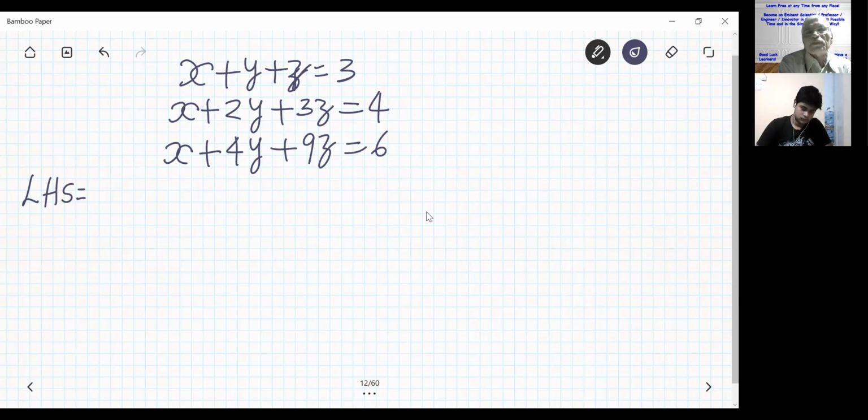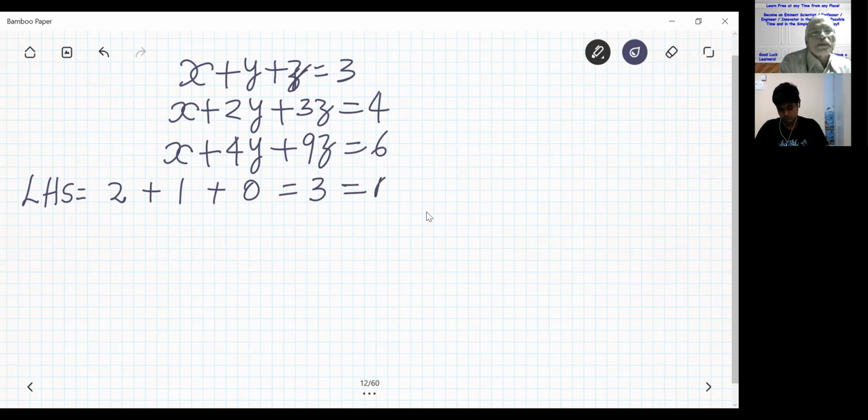So x plus y plus z is equal to 3. X we found it is 2, plus y is 1, plus z is 0, which is coming 3. So that is equal to the right hand side of the first equation. So it is correct. Second problem,